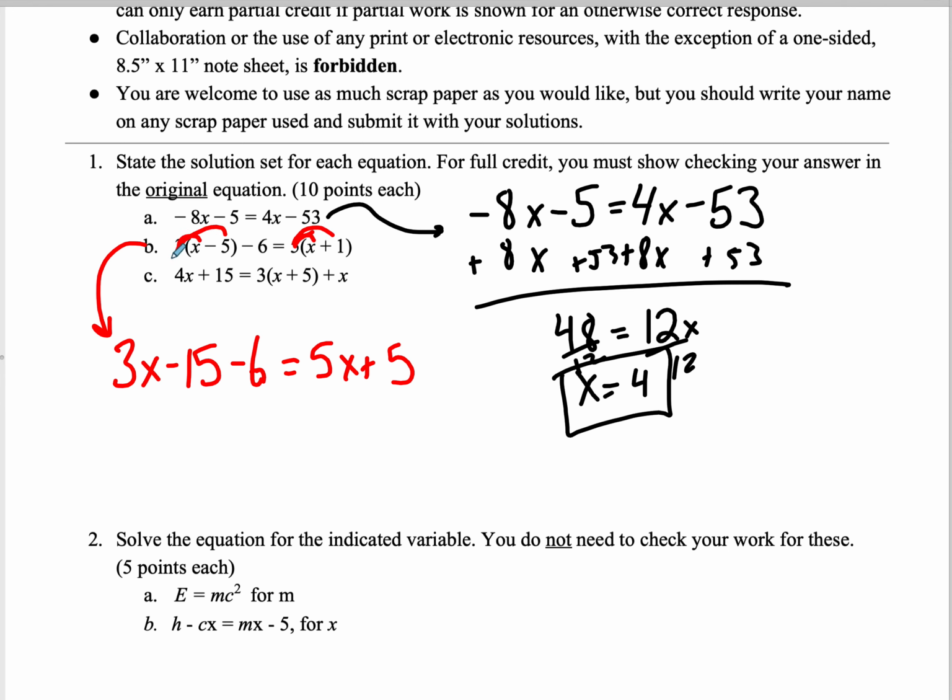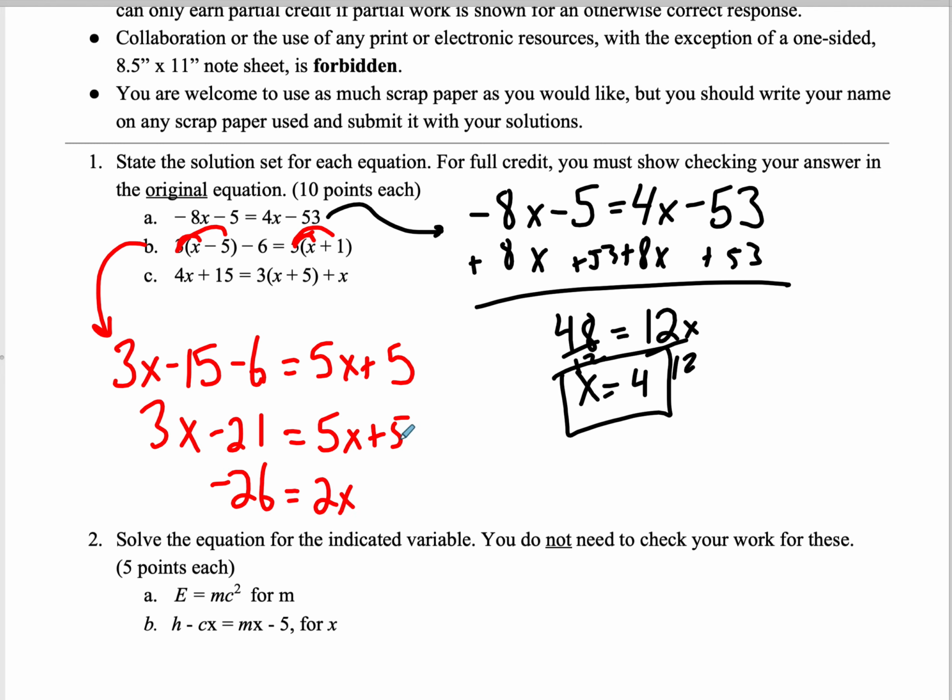And so you just want to really make sure you draw those symbols in there if it helps you make sure, right? Because that could lead to some issues. So I get 3x minus 21 equals 5x plus 5. Okay, you just want to make sure you combine like terms, and then it's just an equation with variables on both sides. So negative 20, I could do this for example,